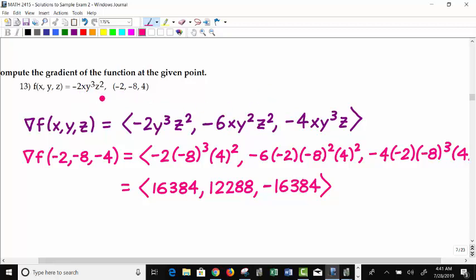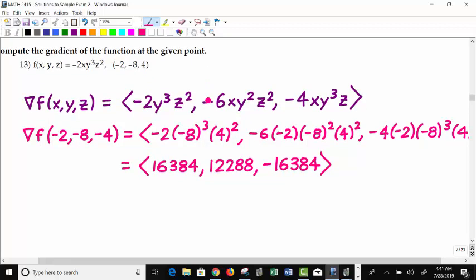And then the derivative of z squared would be 2z, so it makes that negative 2 into negative 4, so then you have negative 4xy cubed z. So once you get those 3 partials, they're giving us a point here,